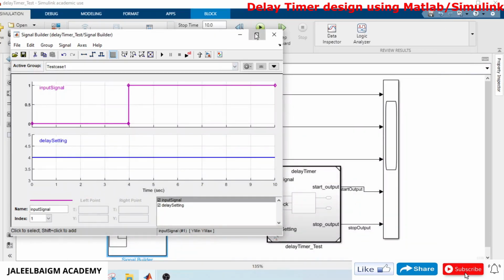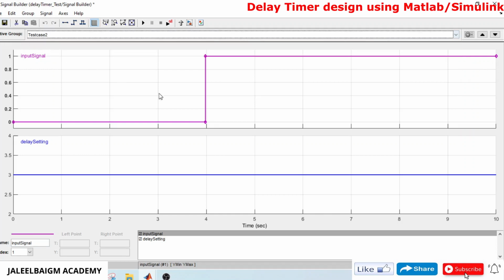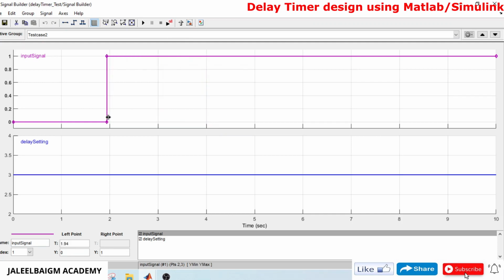Now I will do the second test case. In this test case I will change this to 2. Save it and run it. Now the delay setting is 2 seconds.